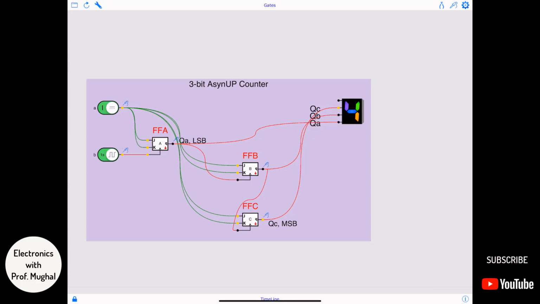Also, if you look at the circuits, I got 3 flip-flops there. All of them are JK. The JK are set to 1 through that switch that you see on the left, and the clock is fed into flip-flop A. And because it's asynchronous, the output becomes the clock to the following